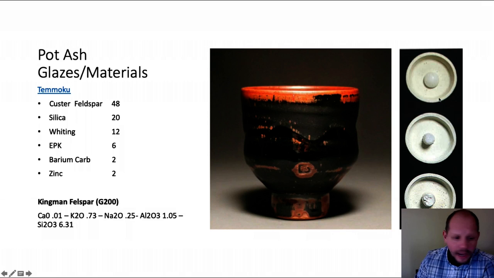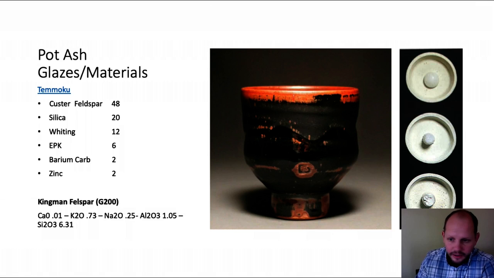So anyways, right here, you can see the chemical formula right down here. The K2O is at 0.73 compared to 0.25 sodium and 0.01 calcium, and that's in reference to silica at 6 molecules. So you can see it's an overwhelming amount of potassium in the feldspar, which makes it kind of the leading